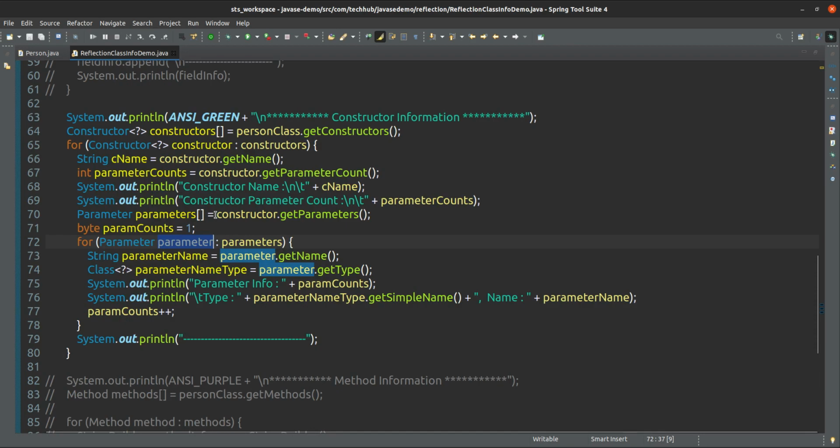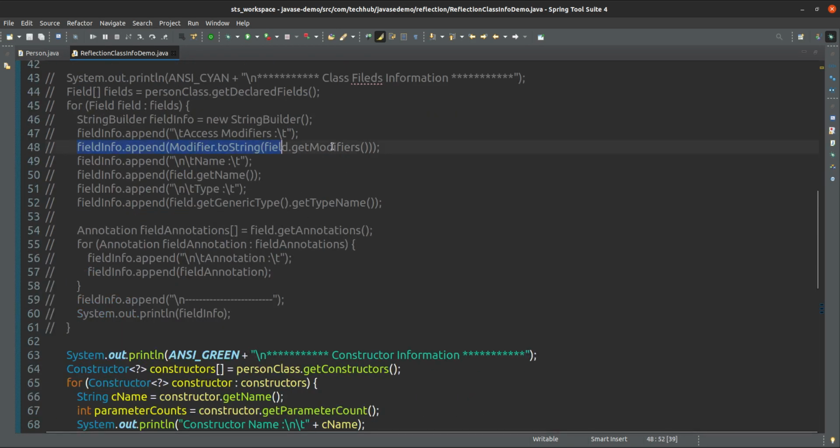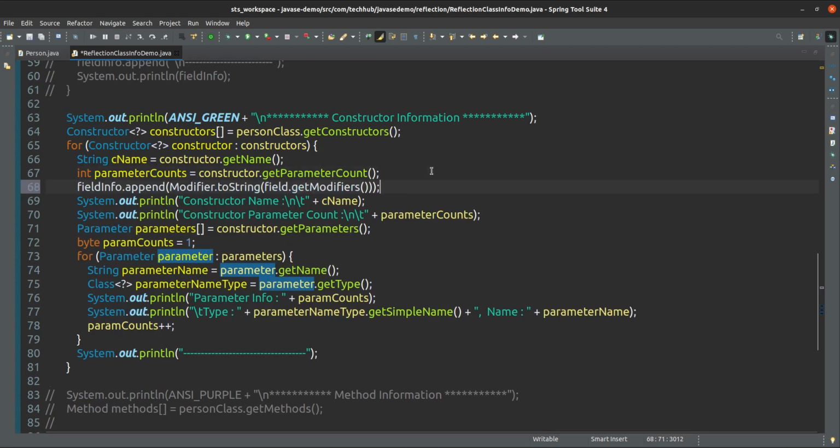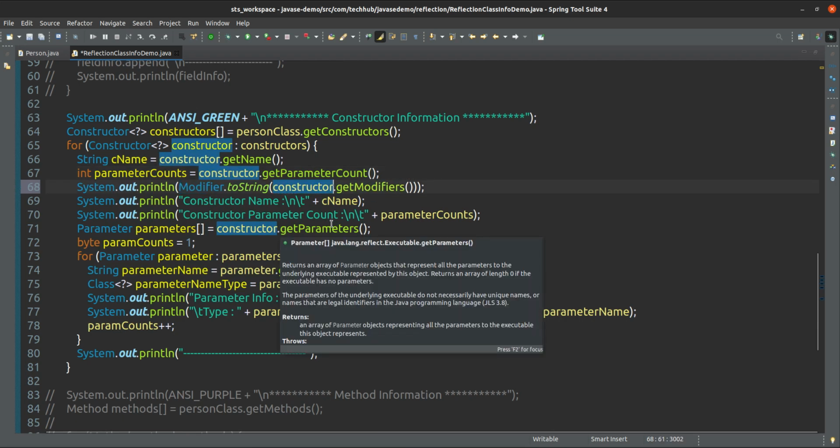That is how you get that one, using this way, I think. So this is the constructor name and the constructor access modifier. Let me check once. Okay, so it uses the constructor only, yes, fine.